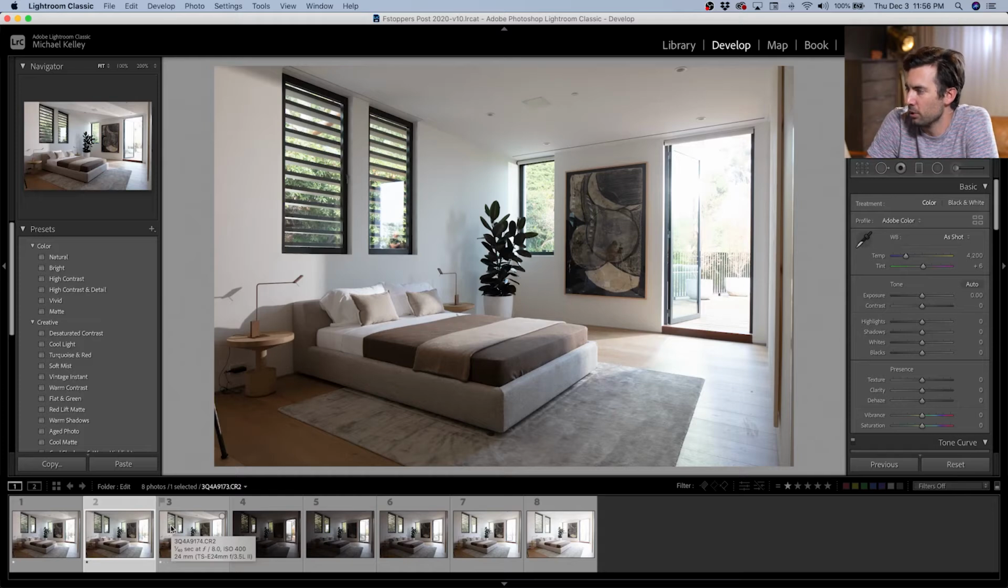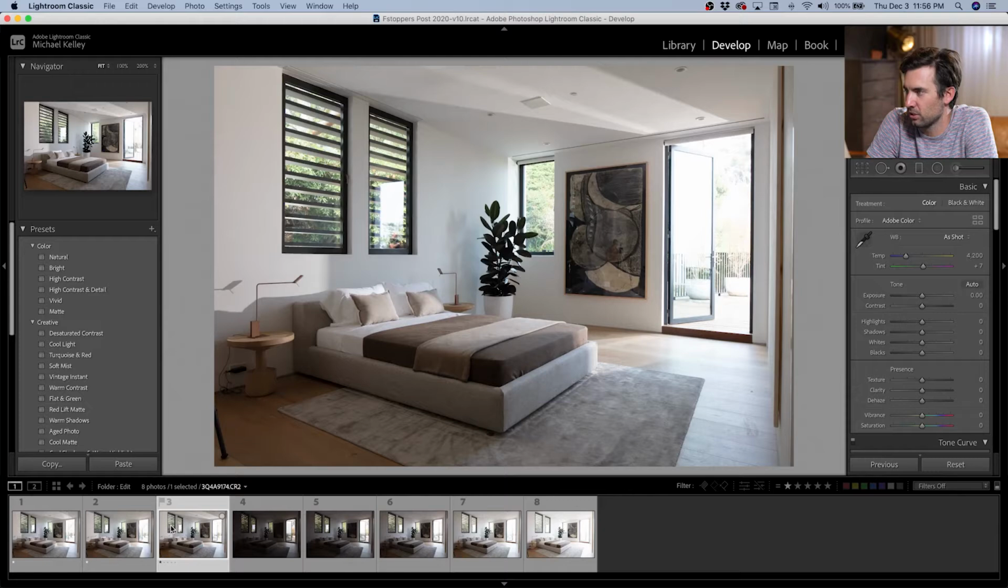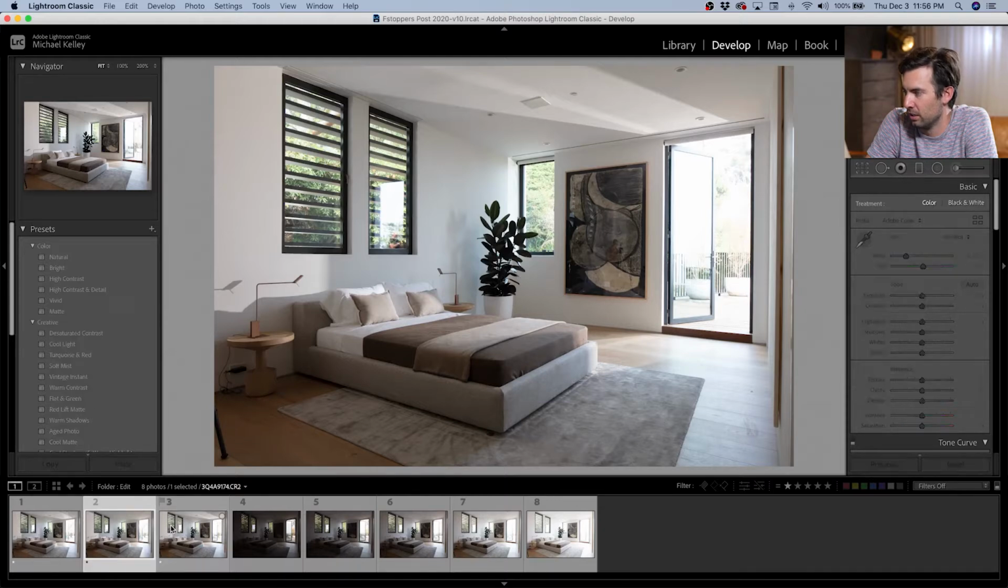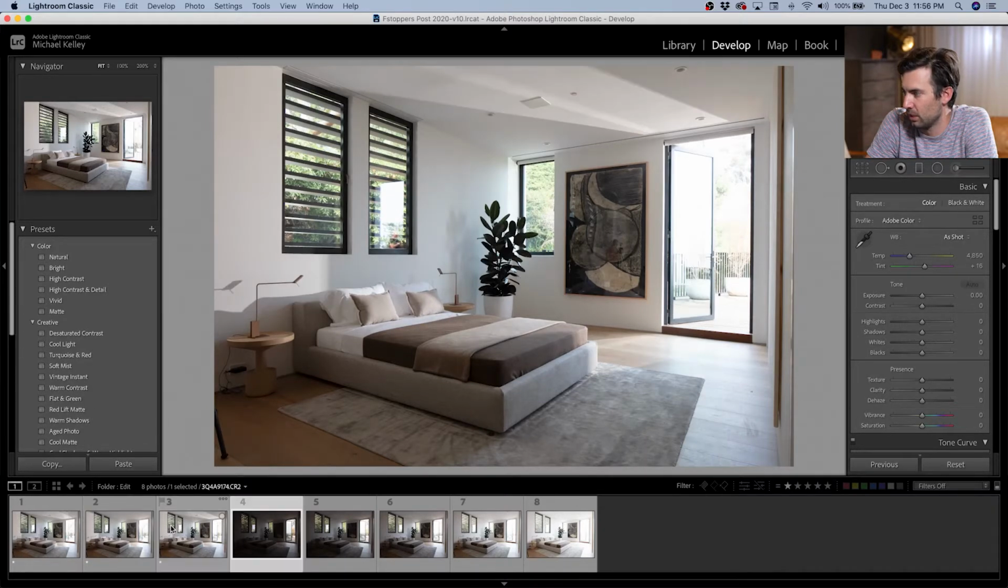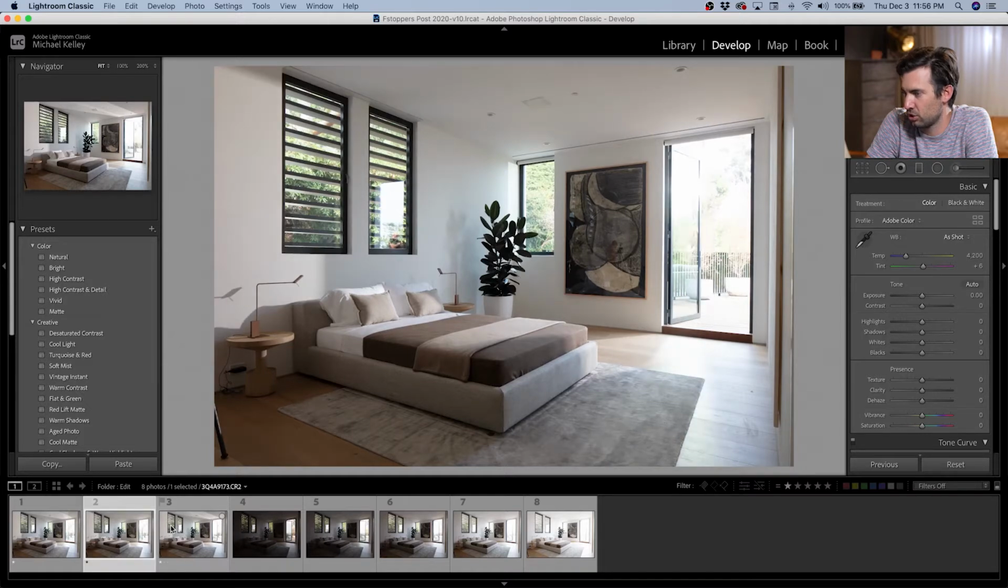So I'm looking at the foreground, I'm looking at that bed. I love the textures. This one feels like it's just too high on the bed. This one feels a lot better. And the third one, yeah, I think this one, the second shot here, that's going to be my